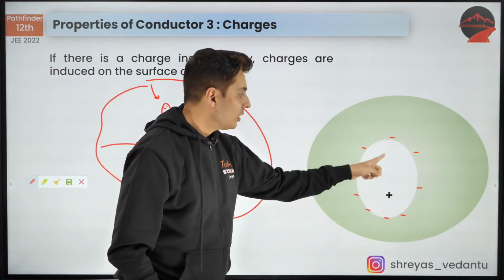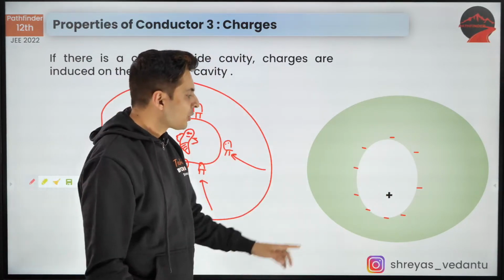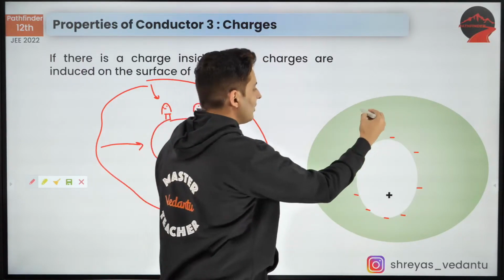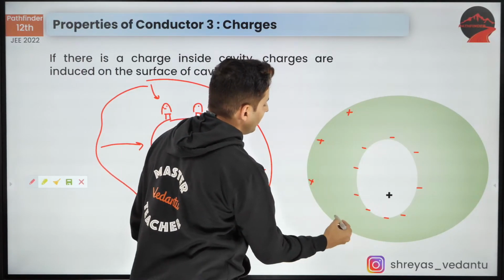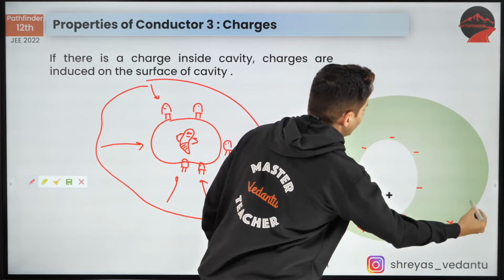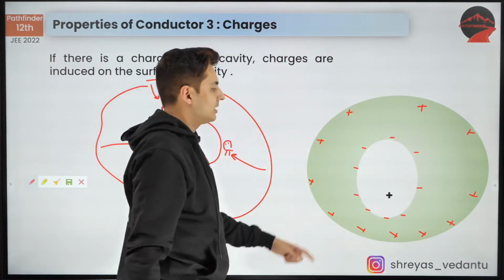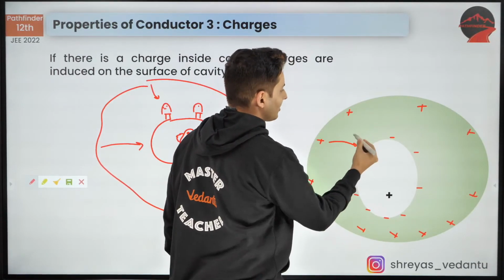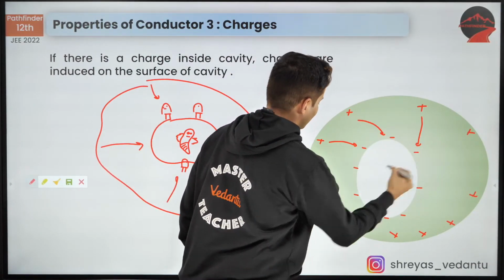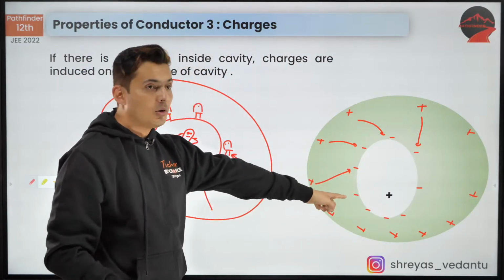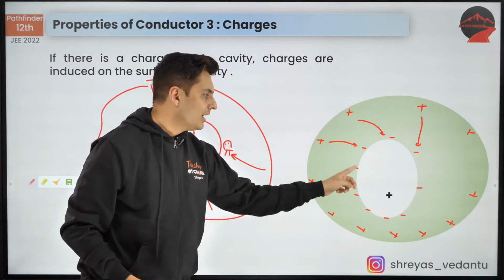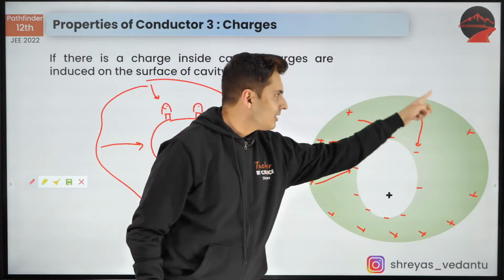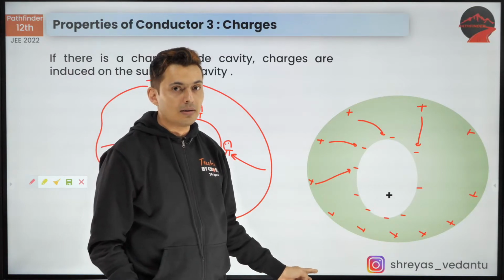Remember, the positive is not on the surface, it's inside that cavity. So where will these negative charges come from? They would have traveled from the outside. So there will be an equal amount of positive charge. So as many negatives, that many positives, because each negative charge would have traveled. I hope this is making sense. So each negative charge would have ditched the positive nucleus, and that's why you will get negative charge induced on the surface of the cavity and positive charge induced on the outer surface of the cavity.